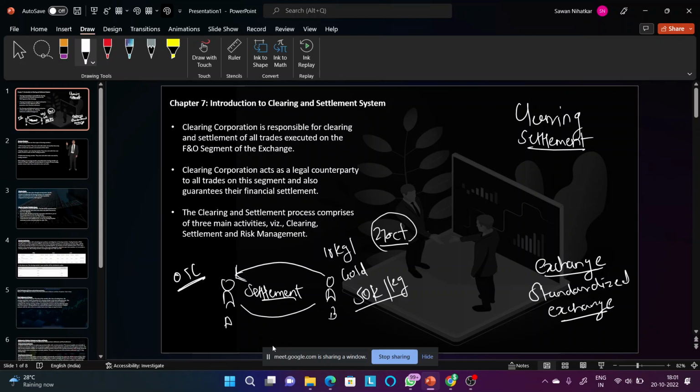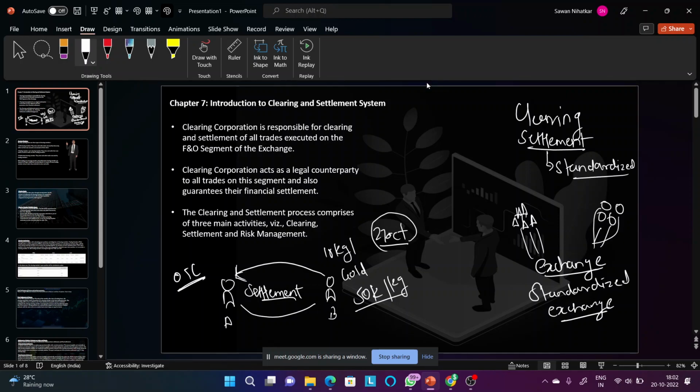Now, what do you mean by volume? That is the number of people who are transacting in that particular exchange. The number of people who are involved in the market and trading becomes very high. There are a lot of people who are involved. So in that particular case, you have a lot of data to deal with. So you have a lot of different transactions and a lot of different data you need to deal with. So it is very important that you have a standardized settlement procedure as well. So that is what we are going to discuss in this particular chapter.